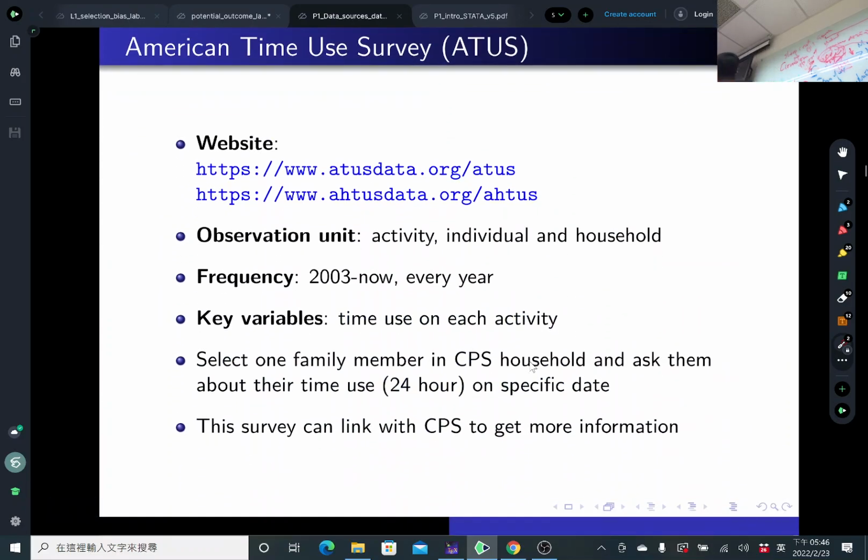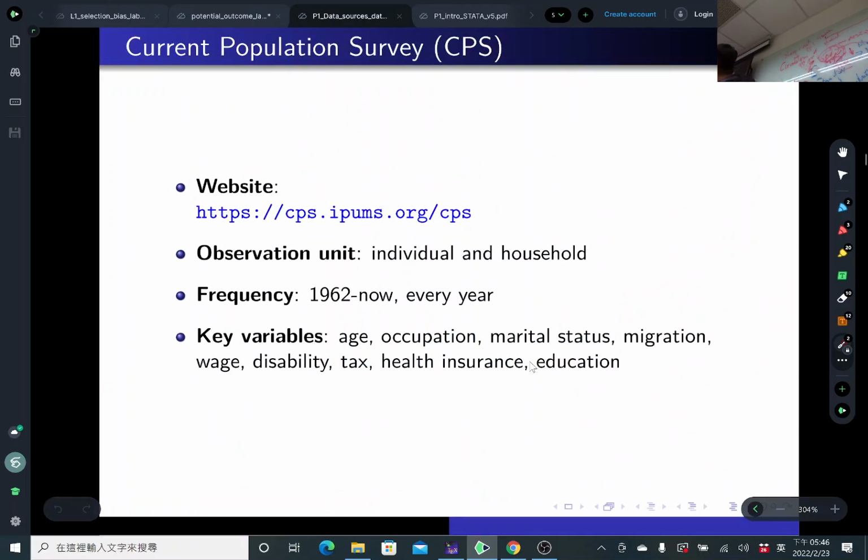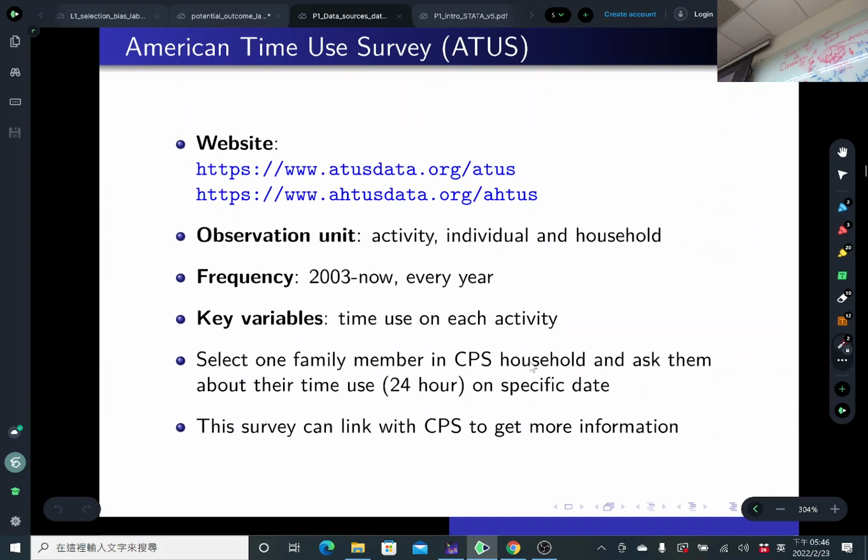And the American Time Use Survey is also quite interesting. By its name, it is the time use for each activity. Basically, it selects one family member from the CPS household survey. The CPS asks all household members their wage, their marital status, their health insurance status. And for each year, they will select one of their family members and ask about their time